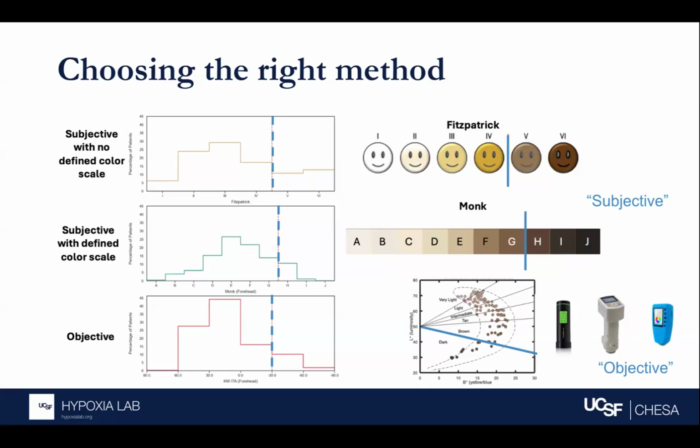The Monk skin tone scale in the middle is another subjective skin tone measure. This was based on more population level data. It's a 10-point scale. The cutoff for Fitzpatrick was 5 and 6 were considered dark; for Monk, H, I, J. And then there are objective measures, these devices on the bottom that range from $100 to $15,000 or more per